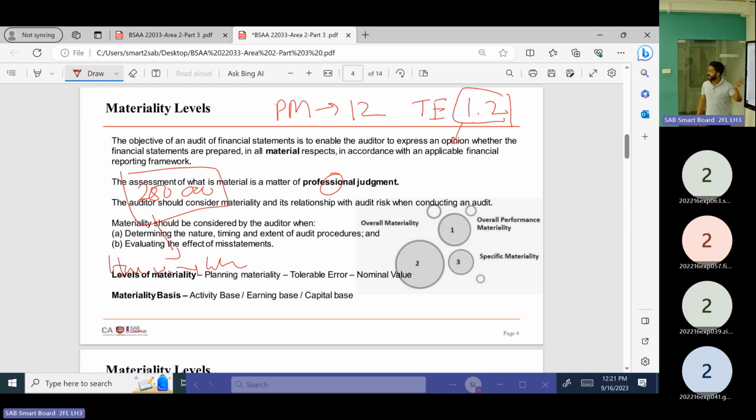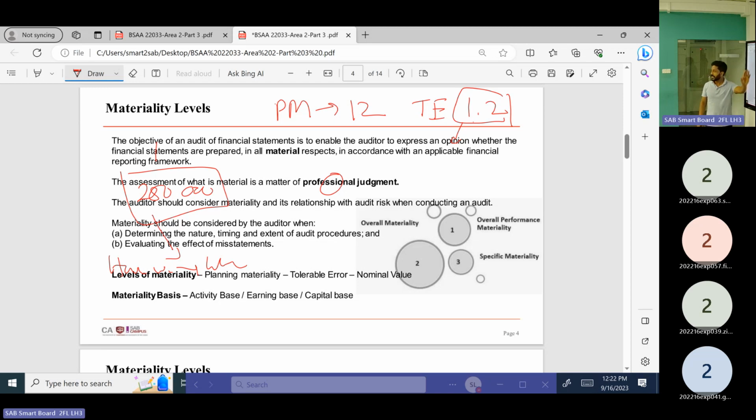Once you are designing material levels, don't depend on the number. As a regulated industry, you have to evaluate the qualitative aspects as well. This is very sensitive information to the stakeholder. As an insurance company, based on the regulation, they can't do donations by using policyholders' funds. If it is so, as an auditor, I have to test this without considering any material level. If there's 1 rupee of donation, it's kind of a legal value.